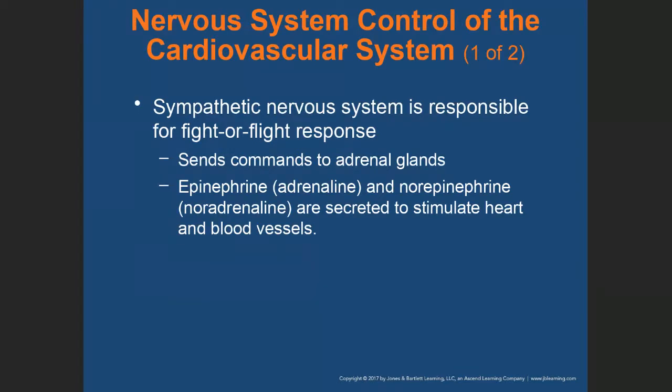So this is where there is going to be some regulation initiated. I don't want to say it's direct control, but indirectly, right? So what is happening at this point is the adrenal glands sense that something is wrong in the body as it relates to circulation to the core organs within the body. So it has to do something to increase the cardiac output, right? So the sympathetic nervous system is also referred to as the fight or flight response, right? So there's a command that is sent to the adrenal glands. The adrenal glands will produce,